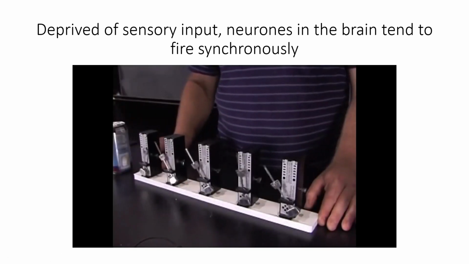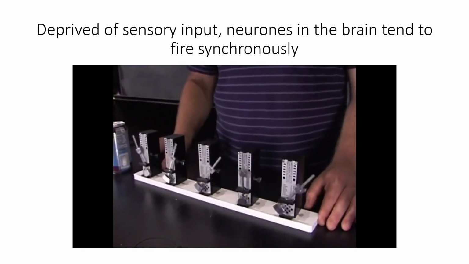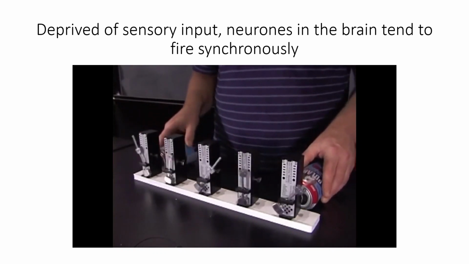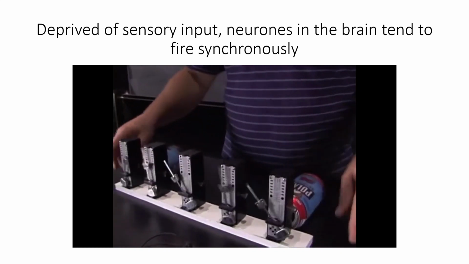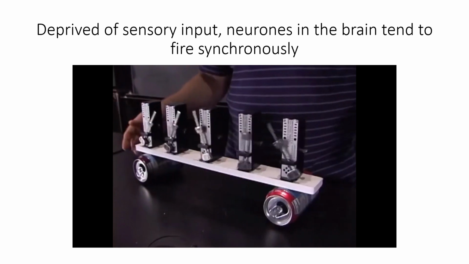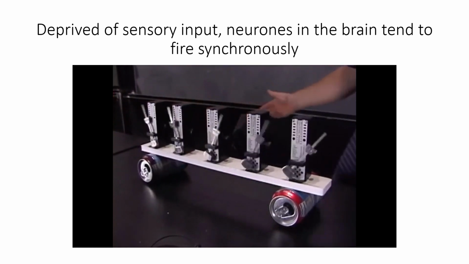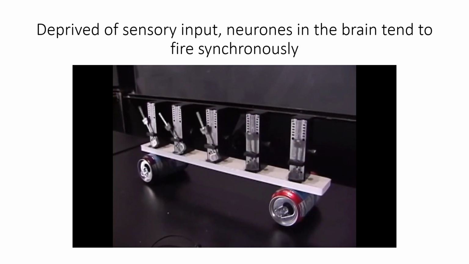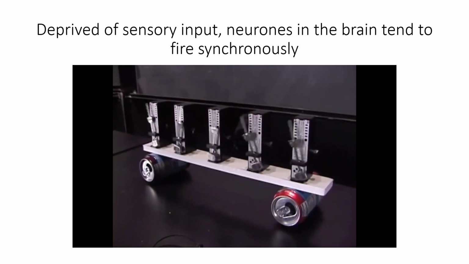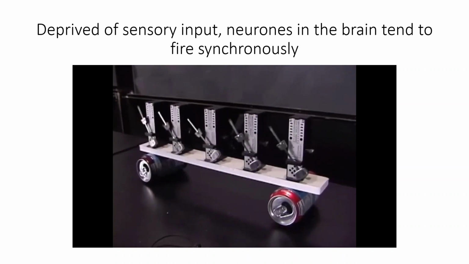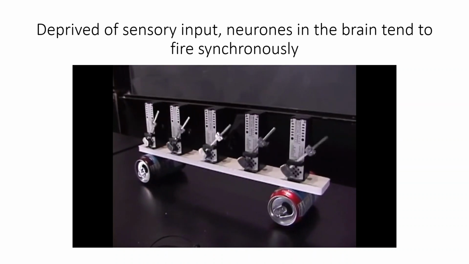So here we have the metronomes all running independently. They're not coupled to each other in any way. Think of them like neurons, but without connections. By putting them on the cans, you're connecting these neurons to one another, and they're able then to share information, to communicate. And you get to this wonderful situation where all 5 of the metronomes are ticking precisely at the same time.